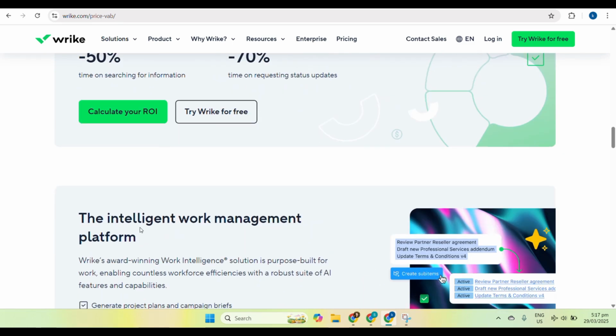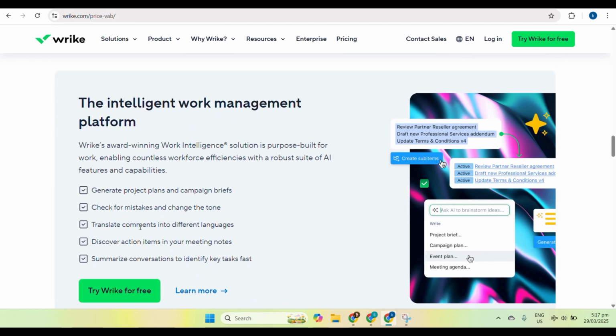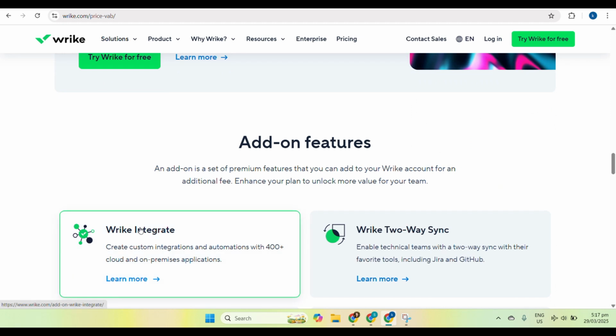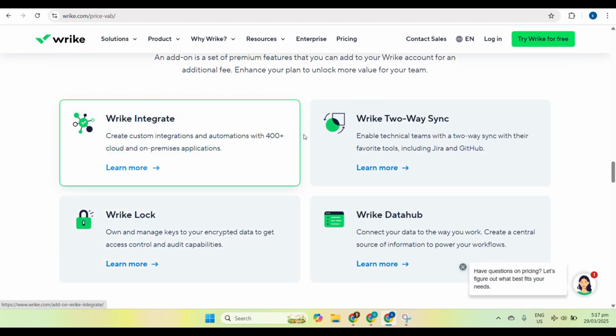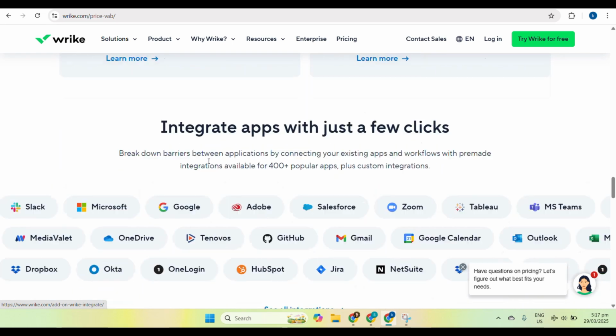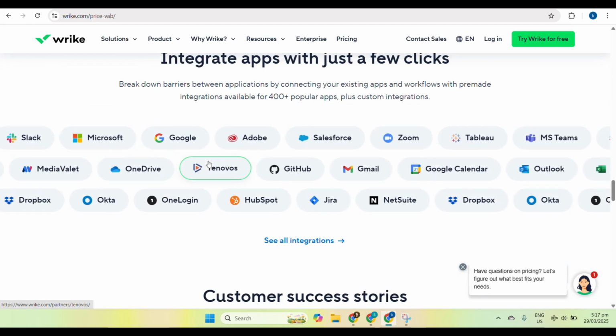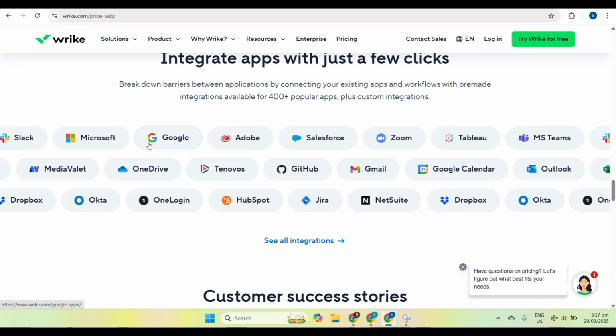So you can also integrate a time tracking app with Wrike guys. You just need to go to the Wrike integrations and then you can search for the time tracking app you want to connect here. So here guys, the best practice for time tracking in Wrike is to log time daily,